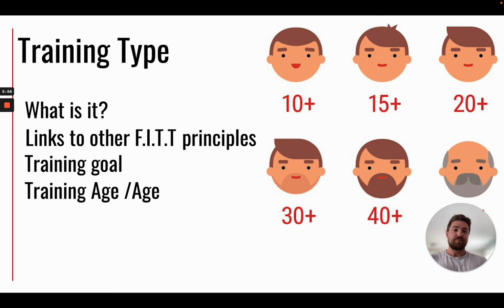As you get older, so the guy in the pic with the grey beard, it says 60, we would rarely put him in a sprinting or high intensity impacting training type. So like plyometrics, where you're doing a lot of jumping, a lot of bouncing. You would not give that to an older person, as their joints aren't ready for that. They can do some, but it has to be done in the right way. But you wouldn't generally give that to an older person because the impact on the joint is not good at